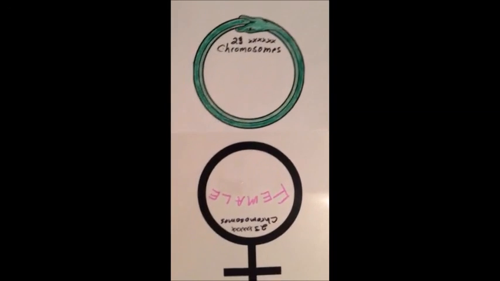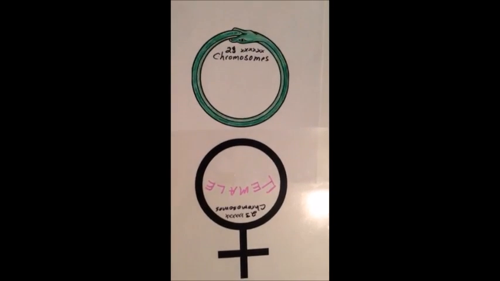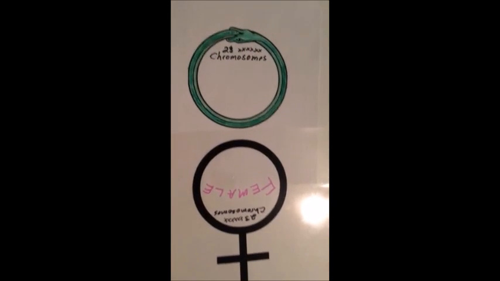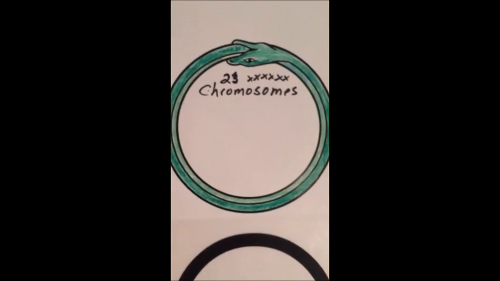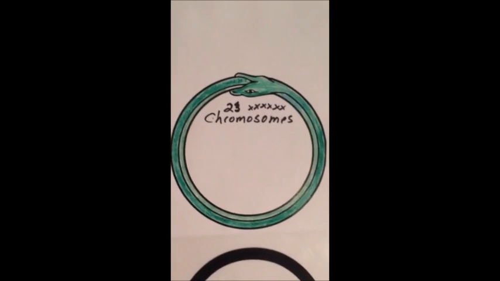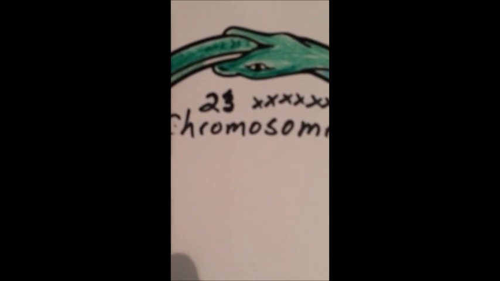These two sets represent the pronuclei that are formed by the male and the female chromosomes at the time of fertilization of the egg and the production of a zygote. So let me show you. We're going to use this green circle, which is also the orbis, which is the serpent eating its own tail,